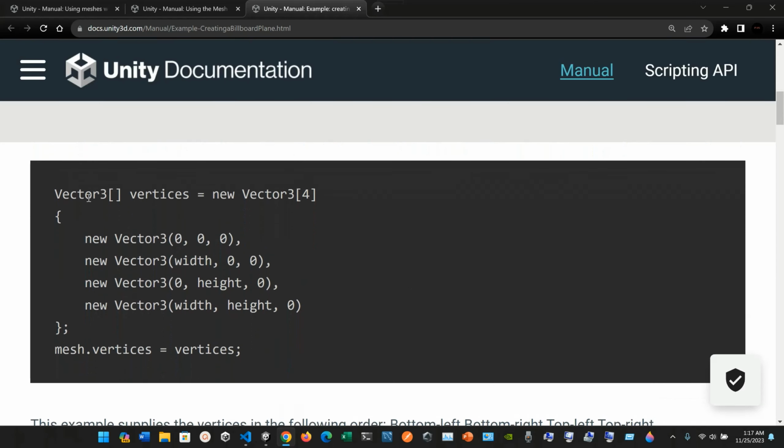So here we have Vector3 open brackets vertices. We are setting it to the new Vector3. Inside of the brackets we are passing 4. Inside of the curly braces we're going to have the new Vector3, and for the x position we have 0, for the y 0, and for the z 0. New Vector3 again, this time for the x position width, for the y position 0, and the z position 0. Again we have 0. Now the y coordinate is going to be the height, and the z is going to be 0. Then we're going to have the width, the height, and 0. And finally we're going to have the mesh